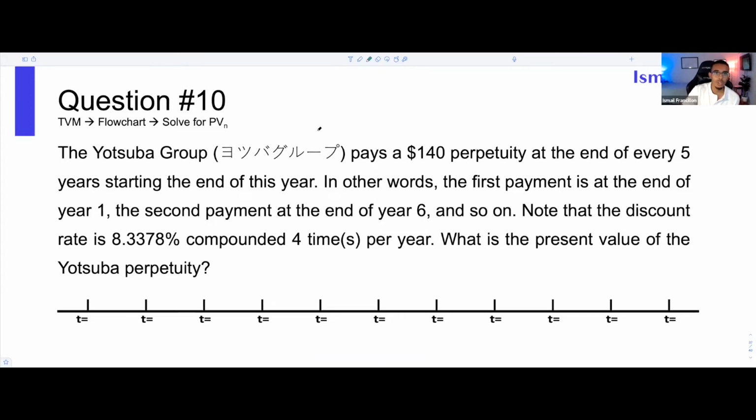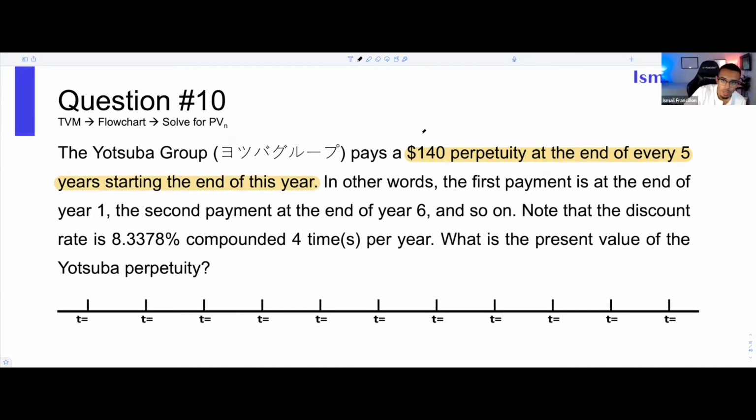So we have the Yotsuba group. I took a lot of Japanese inspiration with this exam, but it pays a $140 perpetuity at the end of every 5 years, okay? Starting at the end of this year. So already,